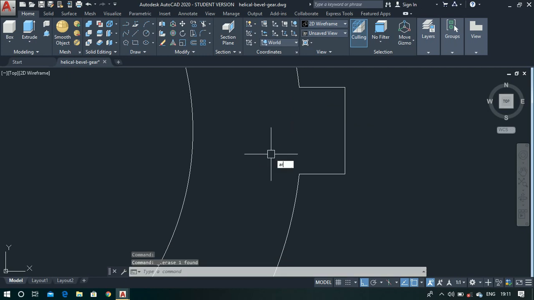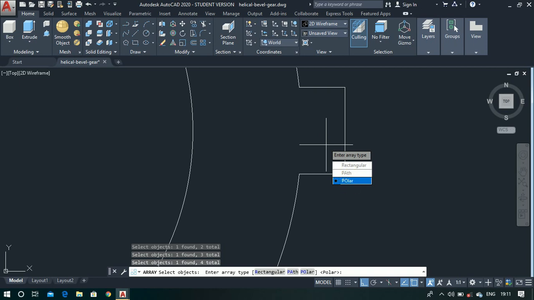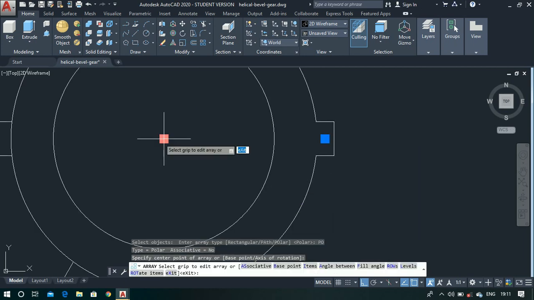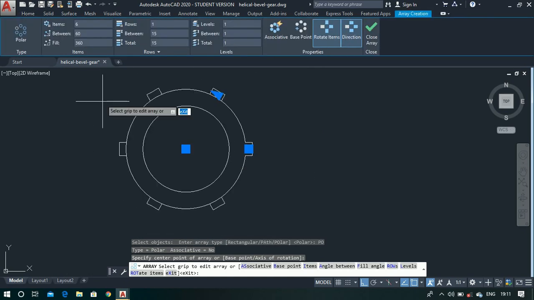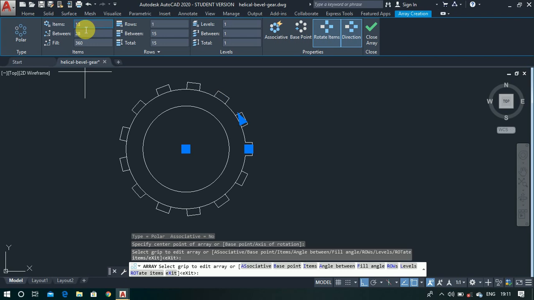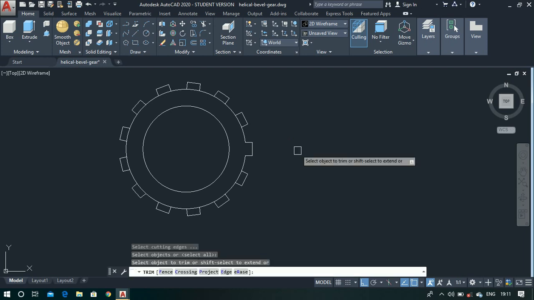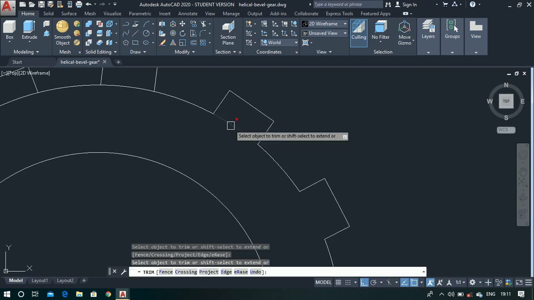Now use the array command, select all these 4 lines and press enter. Select polar array option. Now select the center point and enter the number of items as 13. Now close array. Now just trim all the extra portion, trim, double enter and trim all the extra portion